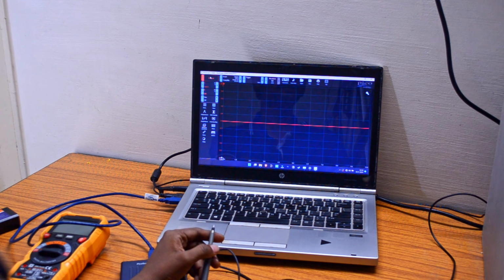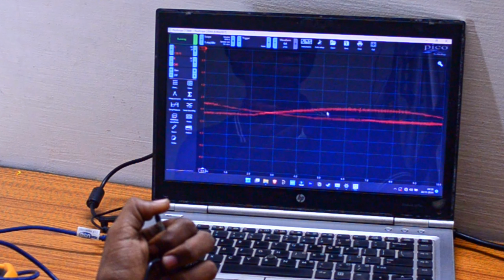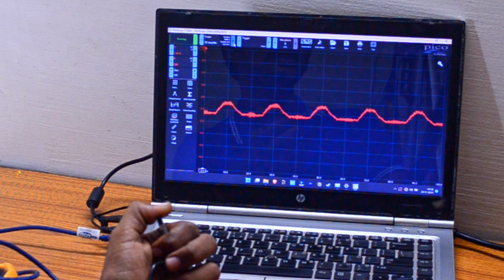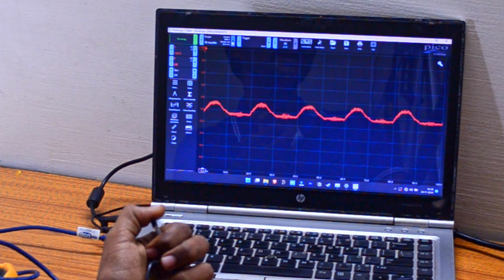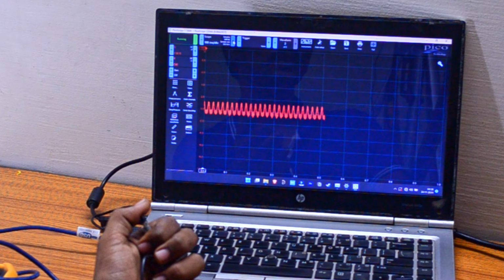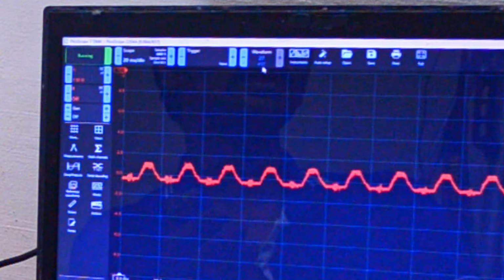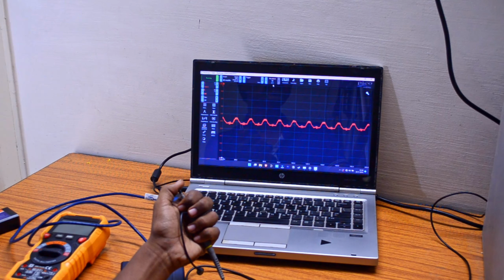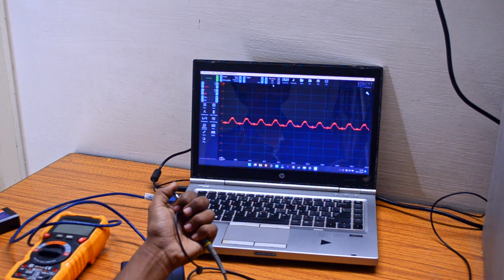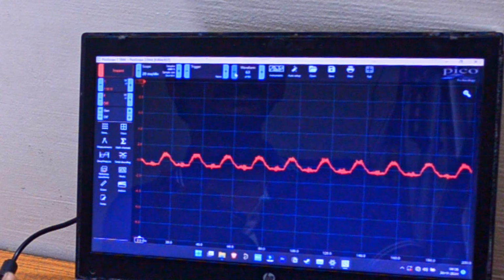Let me start capturing. Now let me give noise to this probe. Here you can observe a sinusoidal wave, right? See? Now I am increasing and decreasing the number of divisions, that is now I am increasing. So you can see real time how it is changing. Here if you observe, the counter is going up, right? This is the storage that I was talking about earlier. That is, it can save up to 8 kilo samples,